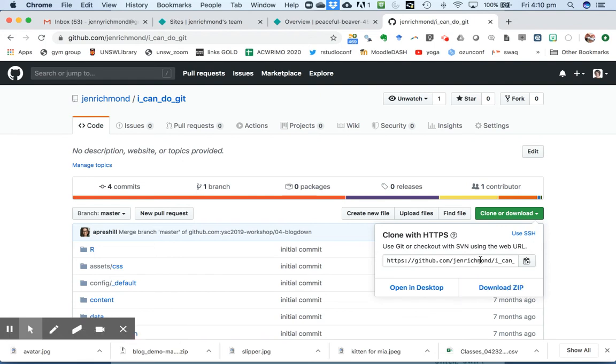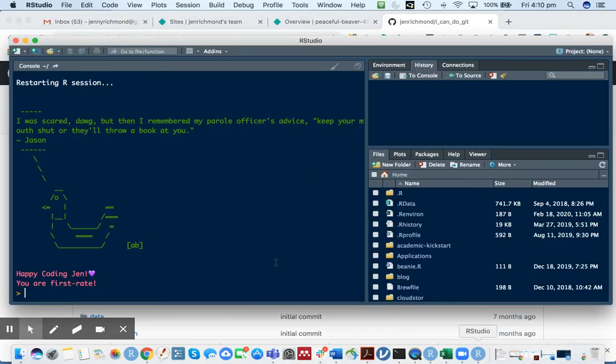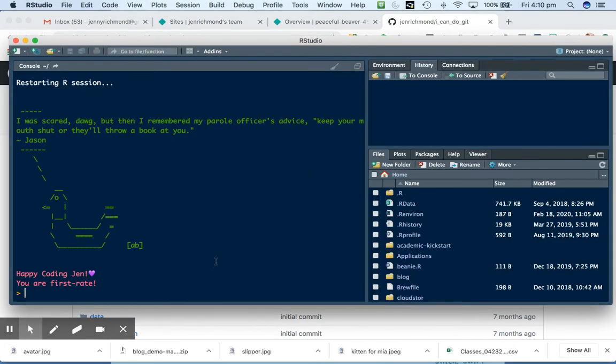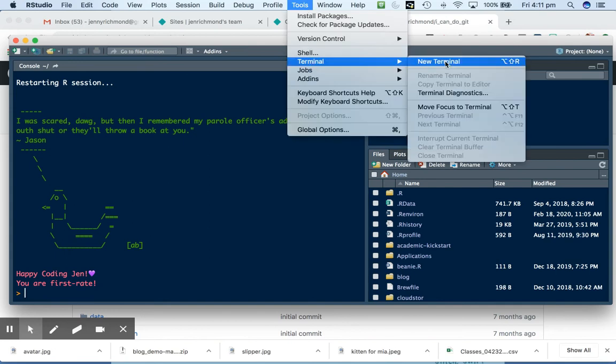If you click this link, this little thing will copy that link, and then go to your RStudio. What you want to do is in the terminal, so at the moment, there's no terminal next to my console. So if you go Tools, Terminal, New Terminal,